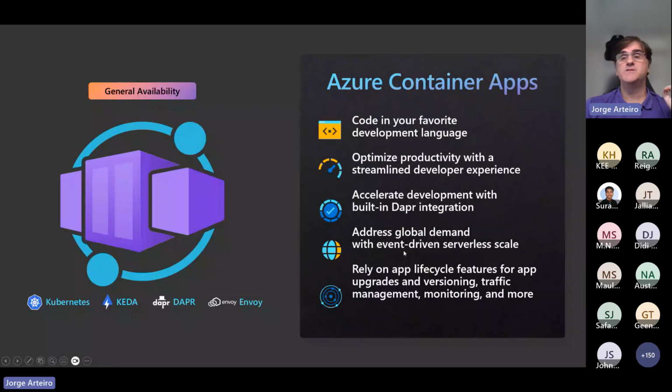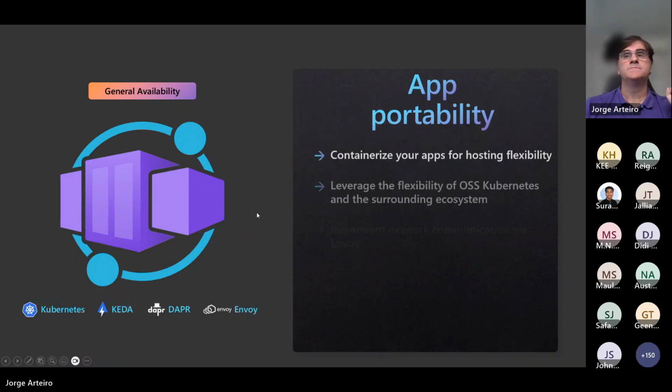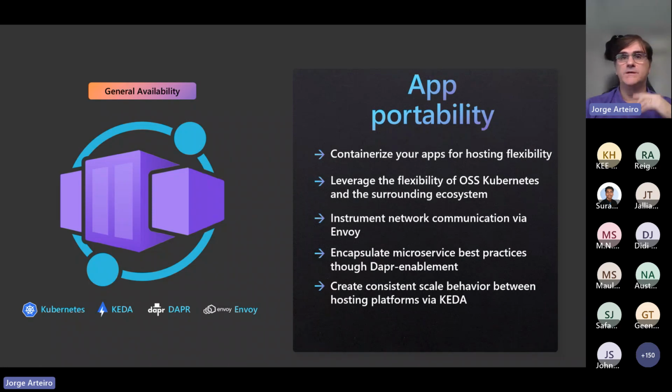And it also can respond based on events. Using KEDA, we can respond when someone adds something in a message queue or someone adds something inside the database. It could be running things responding to events, event-driven, like serverless as well. And also all the portability, because using open source projects, you can just move your application to Azure Kubernetes Service or any other Kubernetes service in the cloud or even on-premise.